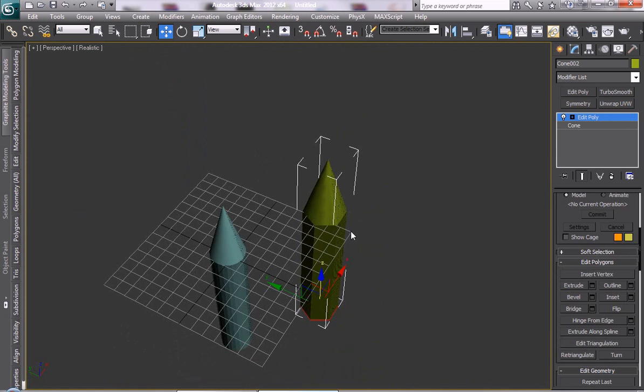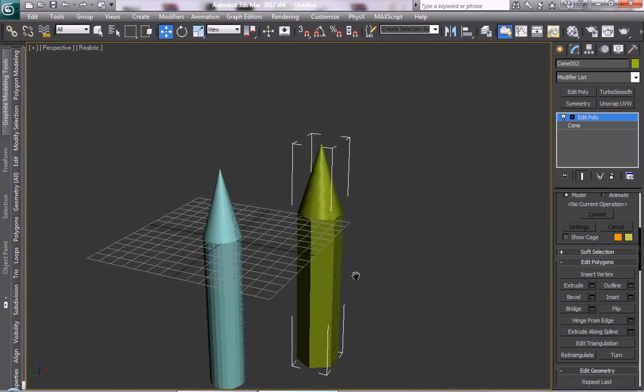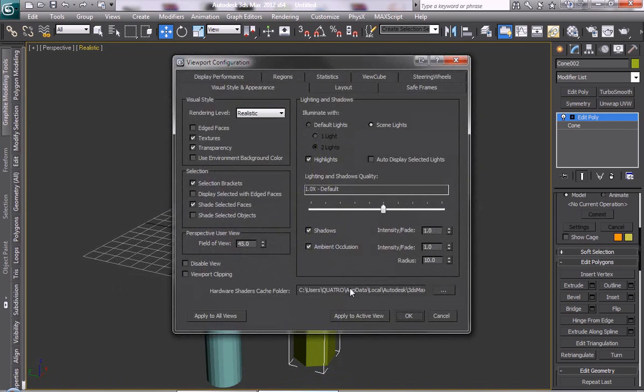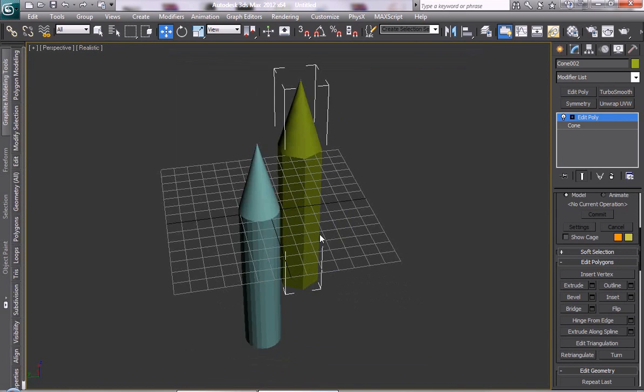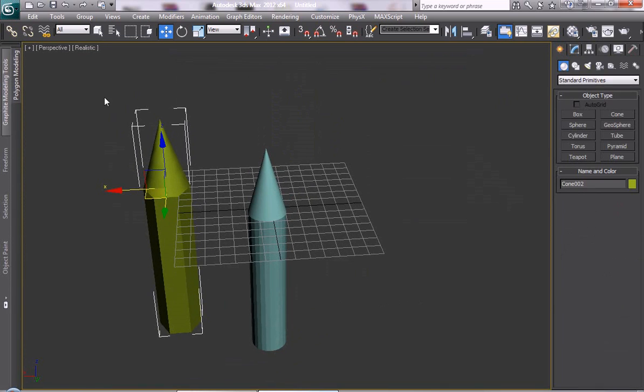There you go. And basically they spent about half an hour doing that. So, I mean, they probably don't look half bad, but it's not my taste anyway. So, what I'm gonna try to do is show you a little bit more realistic pencil modeling, and